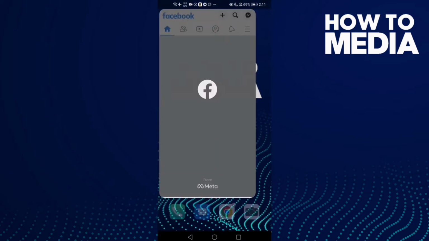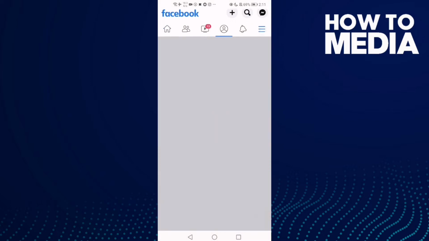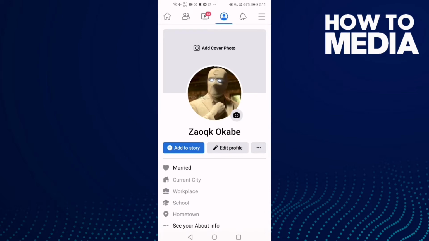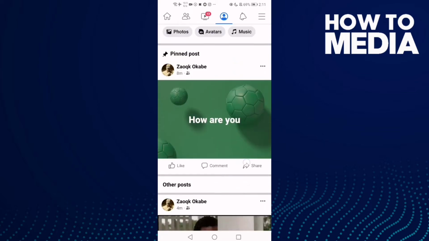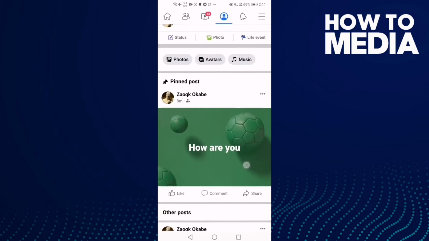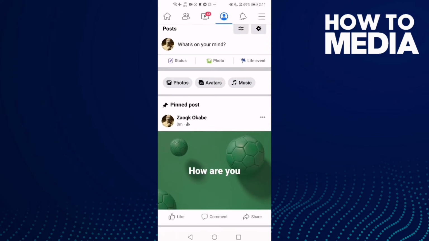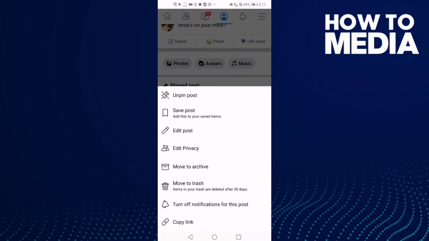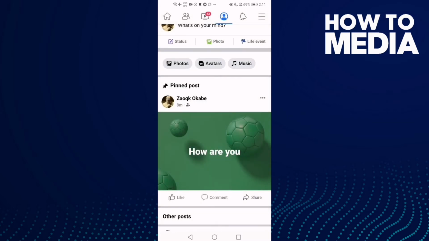First thing, go to Facebook and then click these three lines at the top corner and then click see your profile, and here just go to your pinned post and click these 3 points here, and after you click on it you will see this one unpin post. Just click on it,